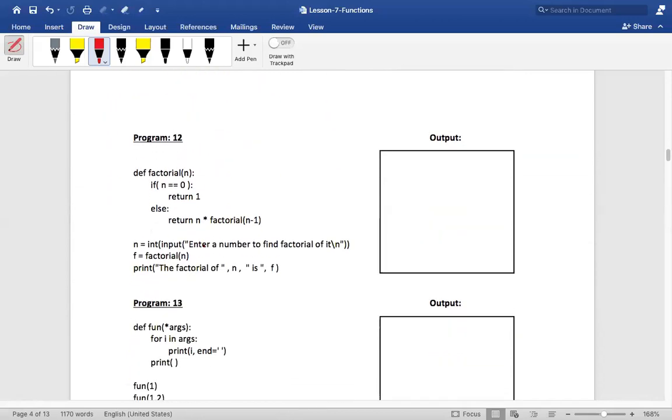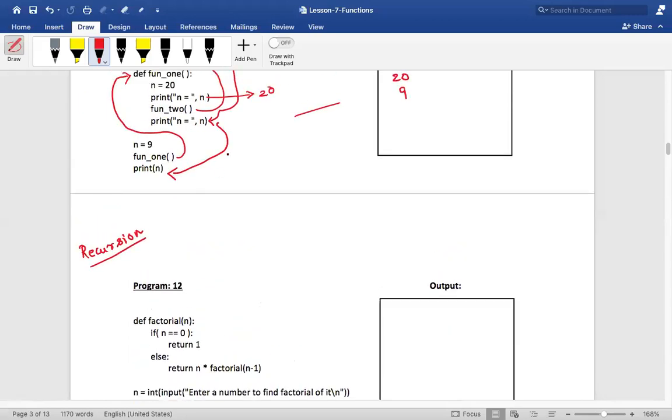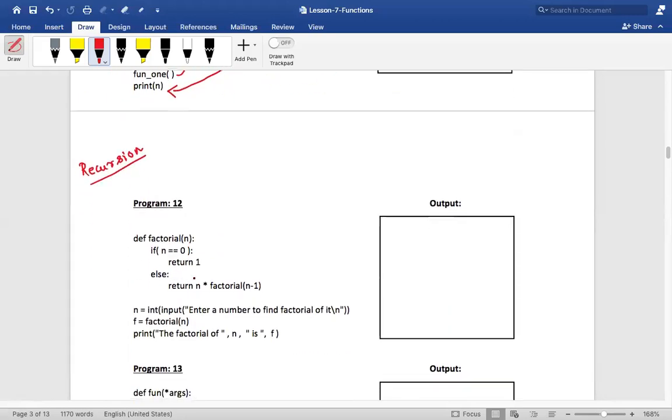What is this program? Can you tell me what is happening over here? It is the factorial of a number. This program is used for demonstrating a concept called recursion. Till here, is it okay? Here I need your special attention, which is why I want your special attention in this program.